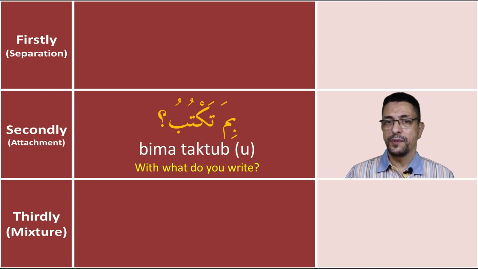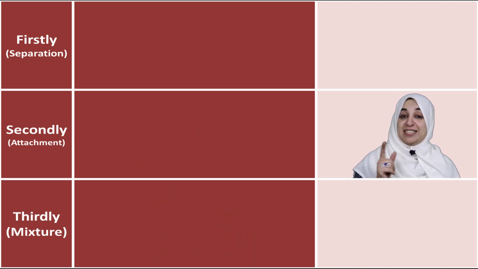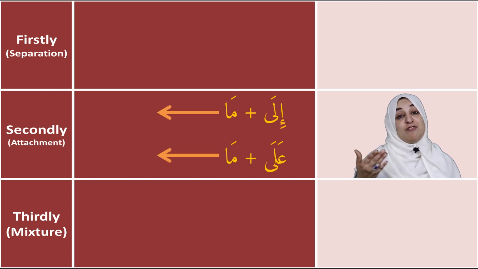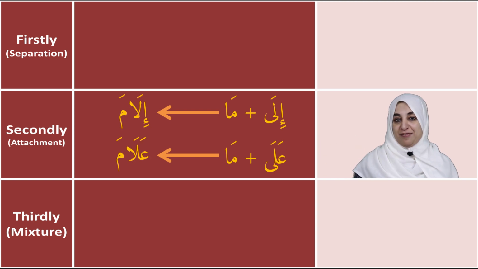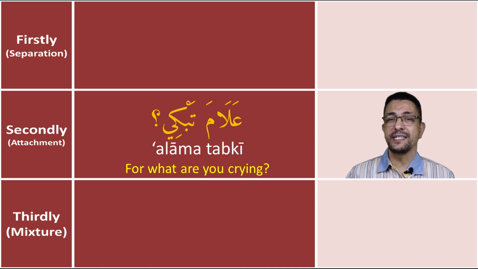بما تكتب؟ عما تسأل؟ There is also an important tip here. When ما is attached to إلى, على, we must change the alif maqsura into normal alif. إلى ما تنظر؟ على ما تبكي؟